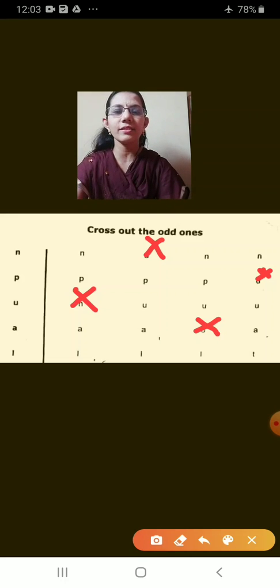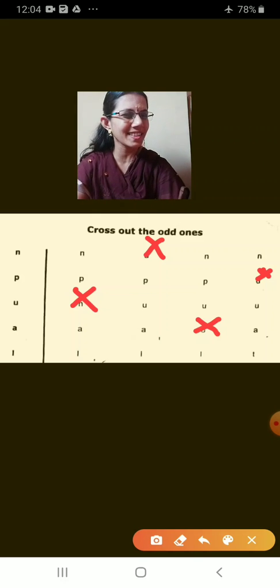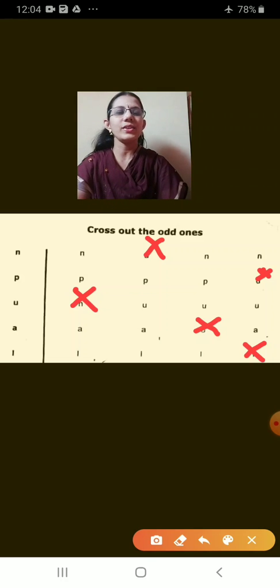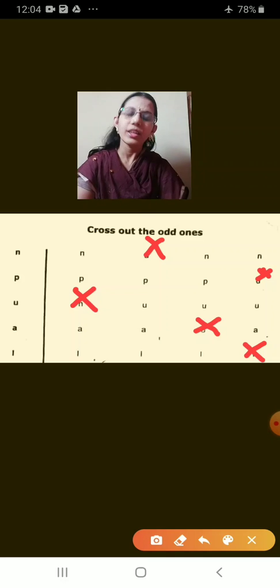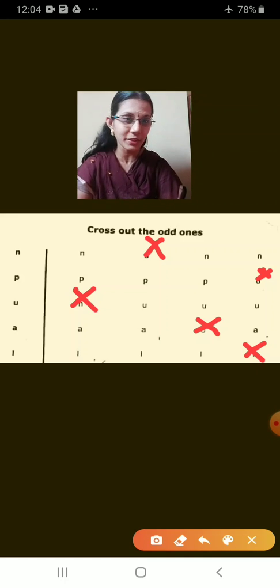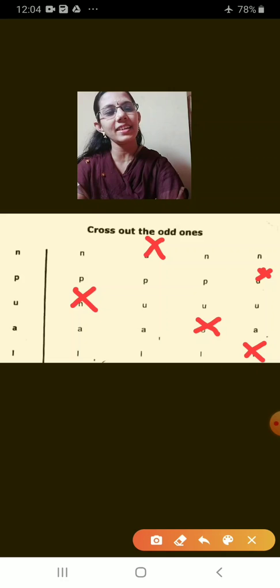What is the next line? L line. What is there in the L line? L, T. So which one will we cross now? Yes? Sure? Yes. Even I am ready. Good. So, you understood this now? Got it? You can try at home also like this. Shall we play one more page like this? Yes, the second half. I told you na? Shall we do the second half like this? Yes, children. Come.